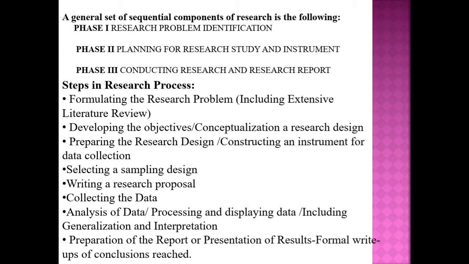And the steps in the research process are, first one is formulating the research problem. Okay, you just remember these steps because maybe questions like what are the procedures or order of the research steps can be asked, right? So just keep this in mind. First of all, formulating the research problem, including an extensive literature review. Find a research problem and develop the objective. There should be an objective, right? A researcher should have an objective for the topic.